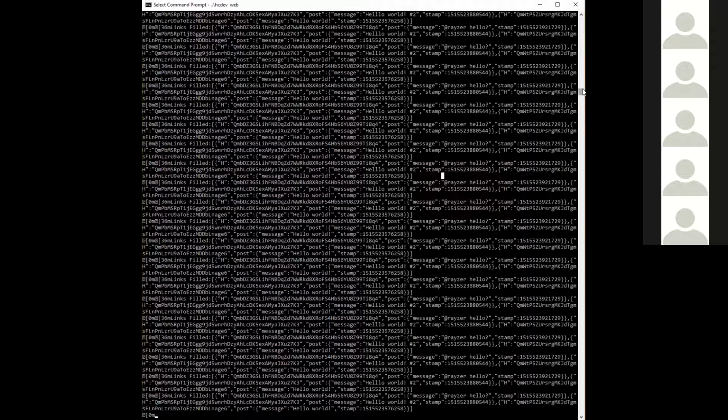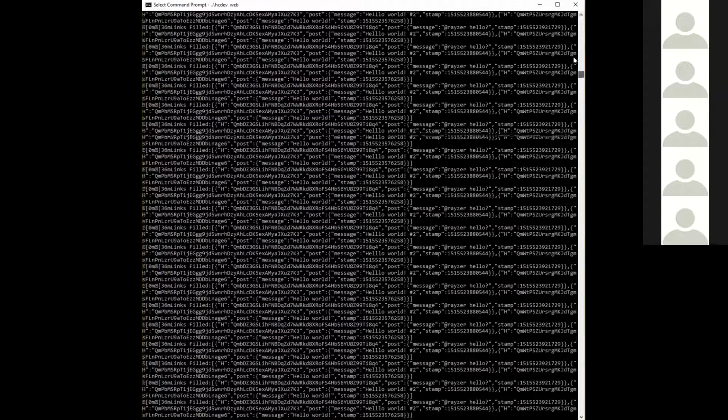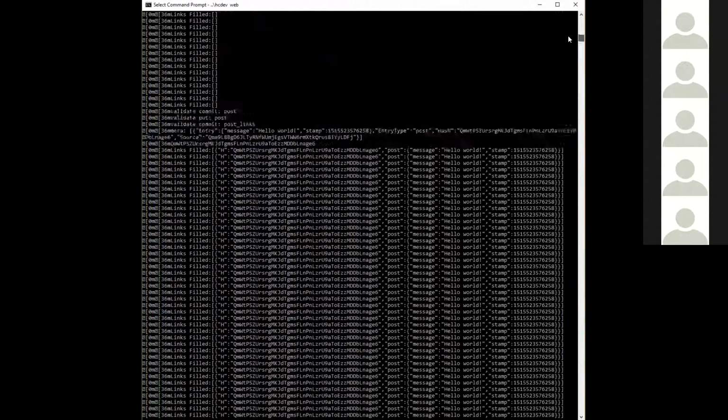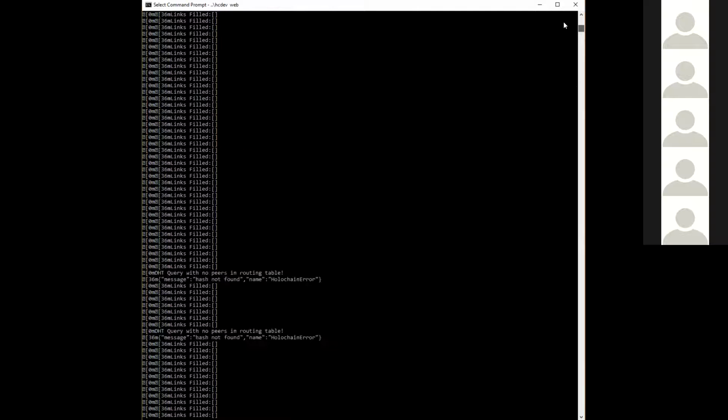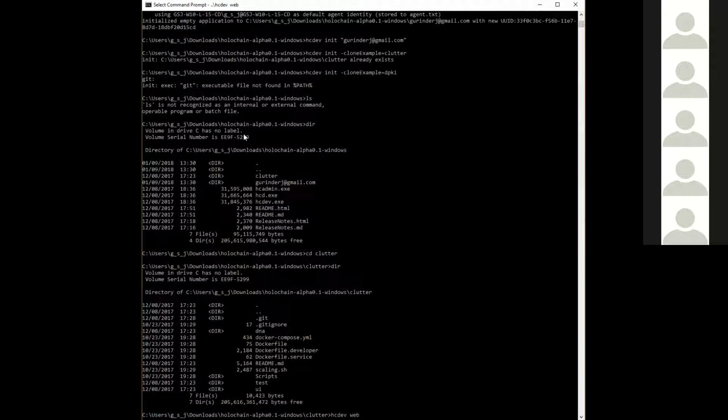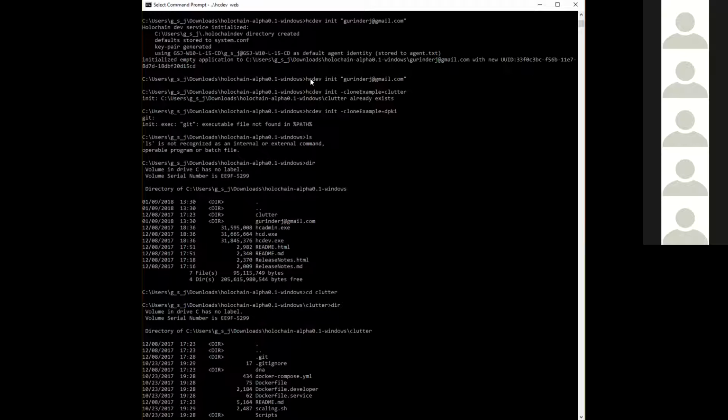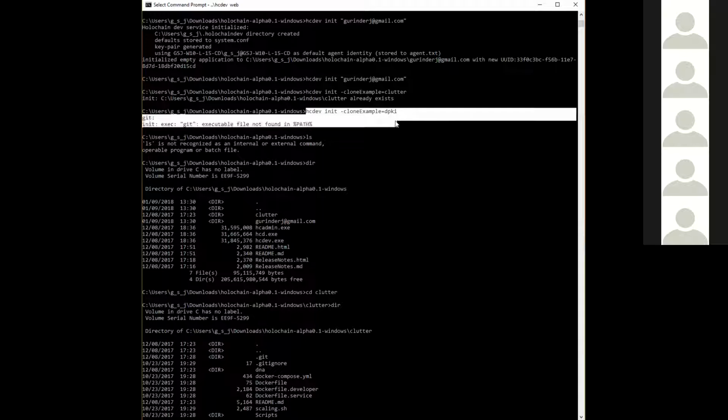This is on Windows, okay? So those are your hello worlds, right? Yeah, these are me just typing hello world, thinking that I'm sending it to you. Uh-huh. So this is where I installed it initially. I did hcdev init with my email address. Tried to do the PKI, but that failed. I guess I don't have Git installed. Right.